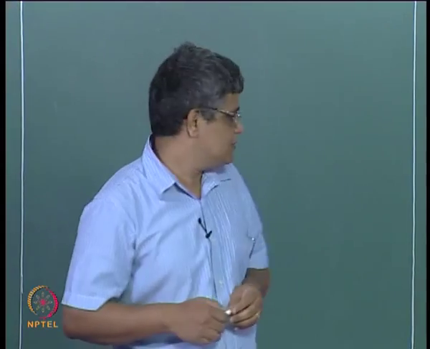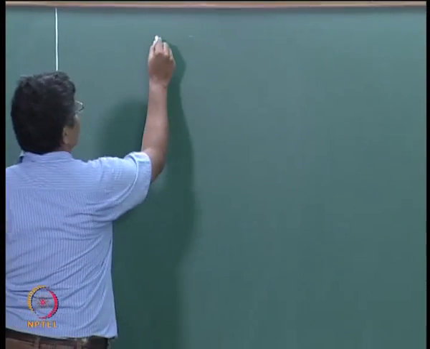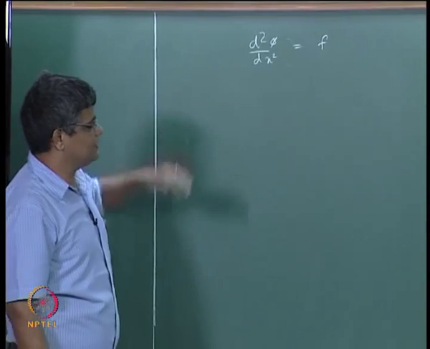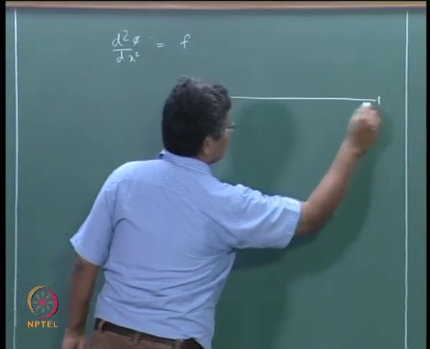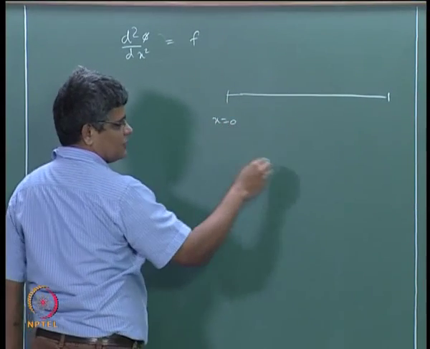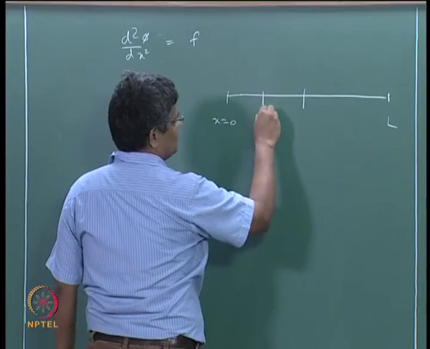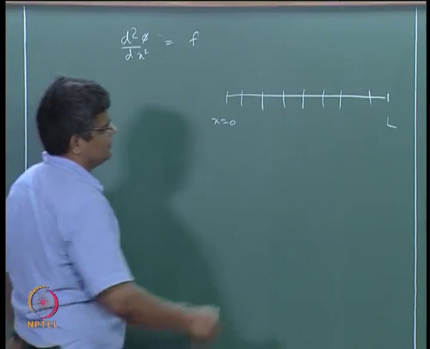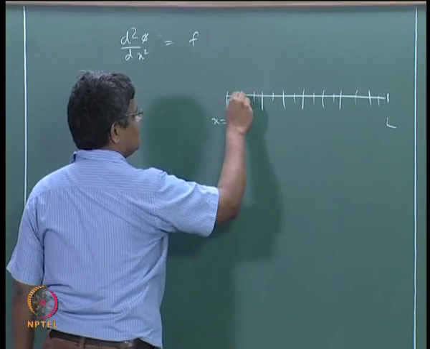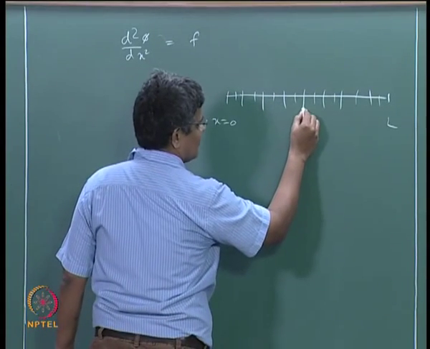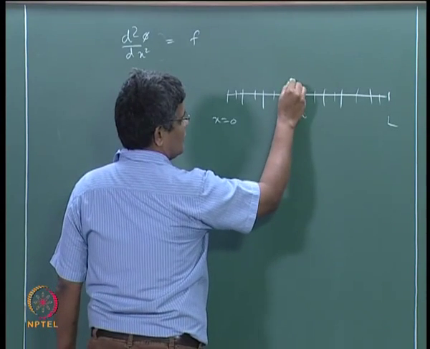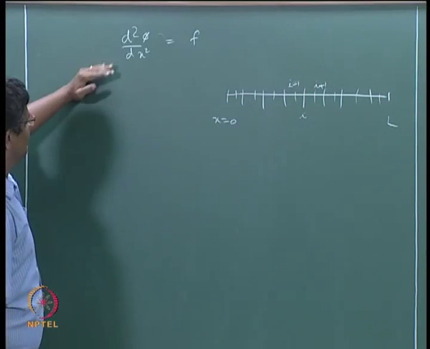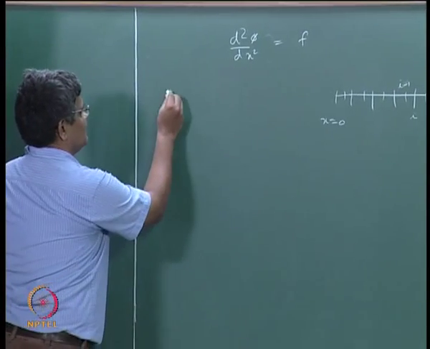two dimensional form. So we are looking at an equation like d square phi by dx square equal to some f. This is the equation, it is one dimensional. So we have an x domain going from 0 to capital L, which we break into so many control volumes like that, and we can say that this is our point I here, and this is I plus 1, I minus 1, and I plus 1, and so on, and we can make use of central difference approximation for this and write a